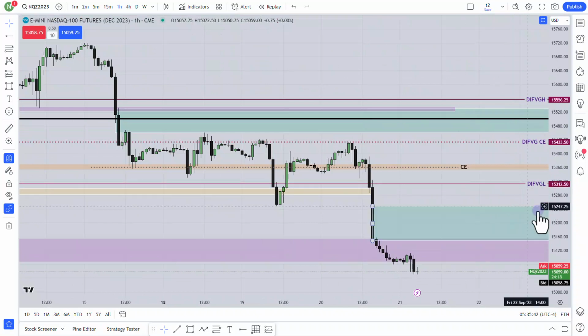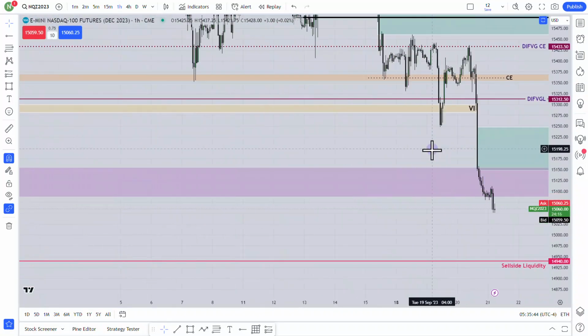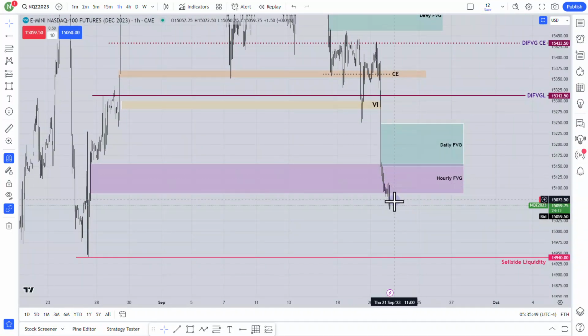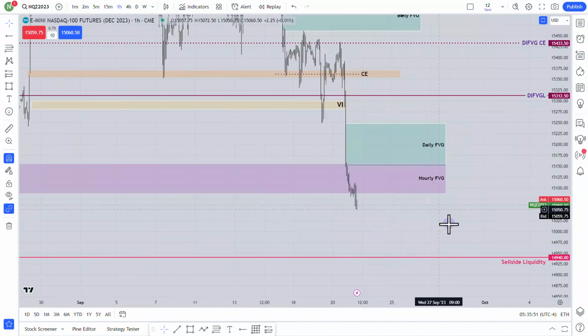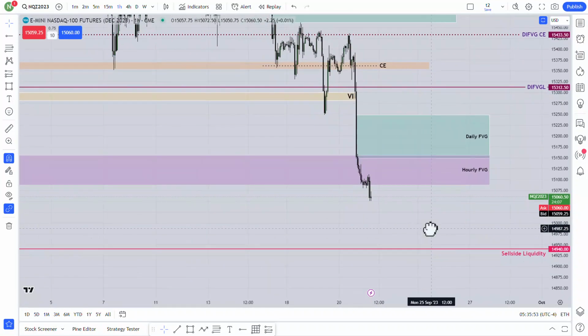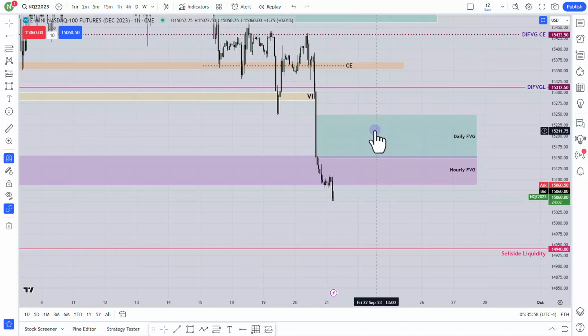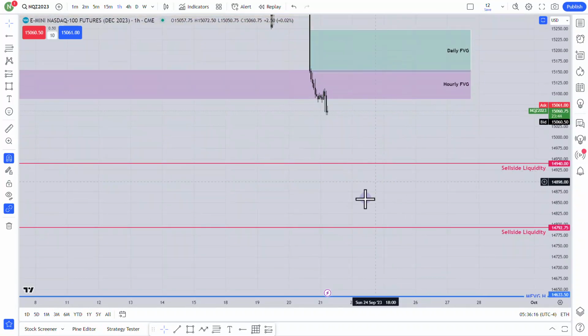So here is the hourly chart, and you see this is the hourly fair value gap. The market traded over there yesterday and is now trading over here. Let's see what happens. I'm pretty much concerned about this high at this fair value gap. If I see any suspicious run above, I will expect that the market will go to this daily fair value gap. All I don't want to see is it go above this gap. I don't want to see that. And my overall target is sell side liquidity.